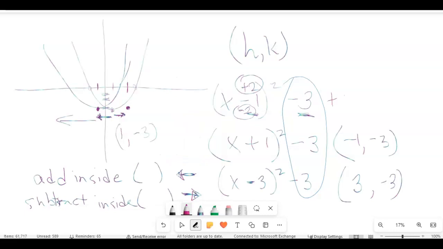If I add 2 to this, and that makes this -1, then my vertex now is going to be at the -1, which means it's moving it up. If I were to subtract 2, it's going to move it down. So this is a little bit more predictable with those signs and a little less confusing. But again, if you're not sure, try doing it. If you add 2 to this, you're going to get this. That's going to move it this way. If you subtract, it's going to move it this way because we know that opposite sign, because the equation has a minus in it, that x plus 1